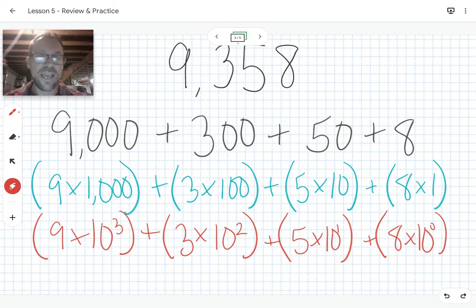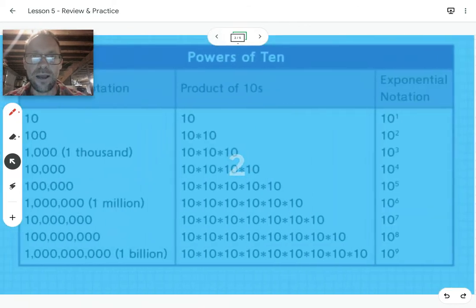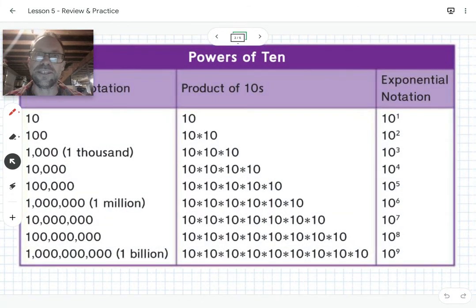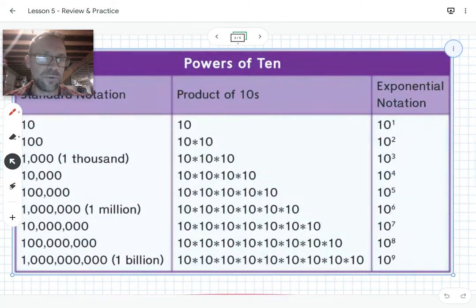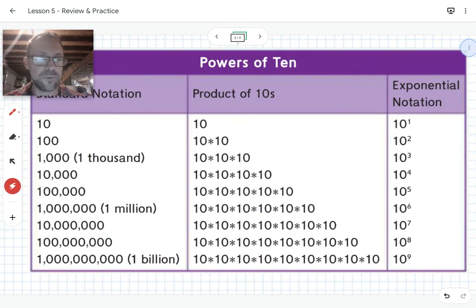Okay, now, I just wanted to point out one pattern. Now, we talked about patterns last time in the number of zeros, right? So let's take 100, for example. There are 1, 2 zeros in 100. They come from the 2 tens that we multiply together, and that is our exponent